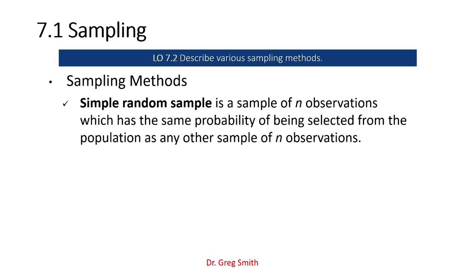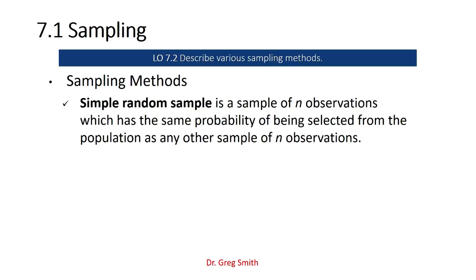Well, there are several different methods. One of the most common, and it's basically the foundation for all, is something called the simple random sample. Sometimes they call it a grab bag sample, but just think you have a bag full of n observations. Each one has the same chance if I reach into that bag and pull something out. So if there's 10 objects in the bag, even if they're similar or not, if you think of them as distinct objects, just reach in and pull one out, there is a 1 in 10 chance